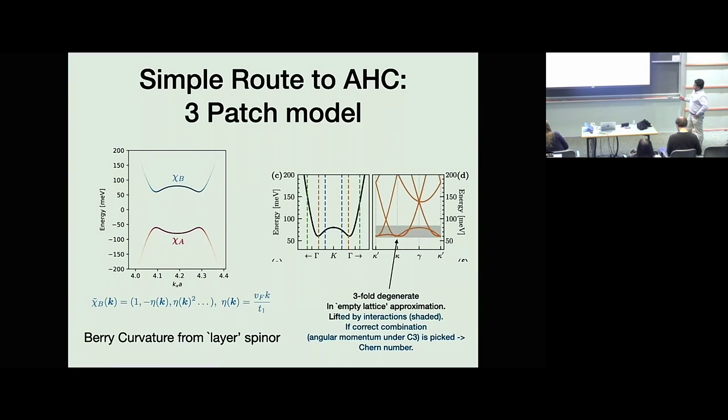I showed you before these zero modes. If you look at the wave functions of these zero modes, they kind of propagate down into the stack. So when you're at k equal to 0, right at the Dirac node, it's a zero mode at the top layer. And as you move away in momentum from the Dirac point, you get this ratio. This is what I talked about. This is the same thing that appears in magic angle graphene. So this ratio rises as you go away from the Dirac point. And we're at densities where this ratio reaches about 1/2 or 1.